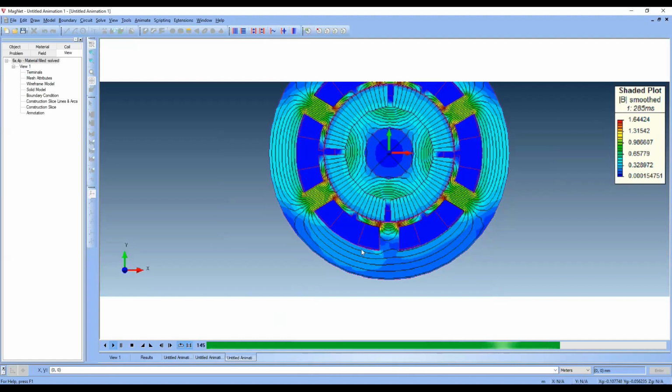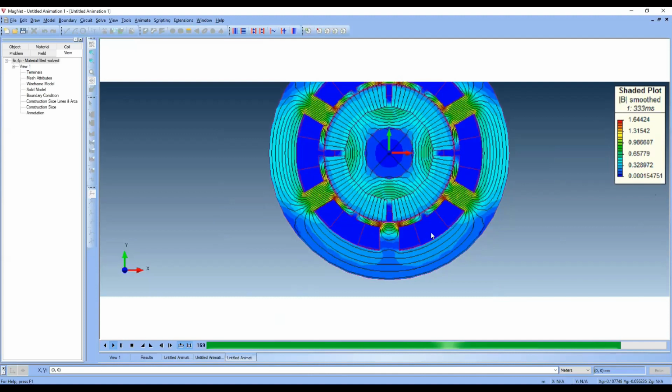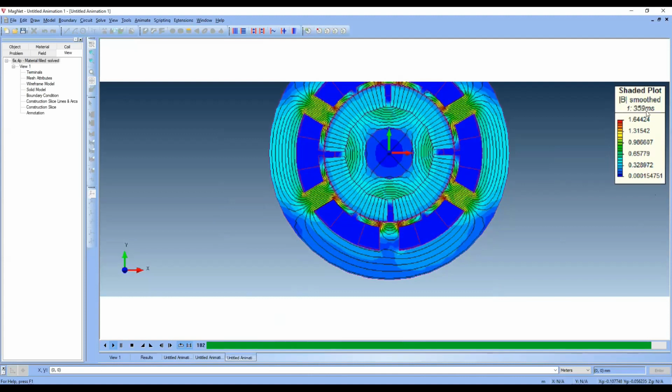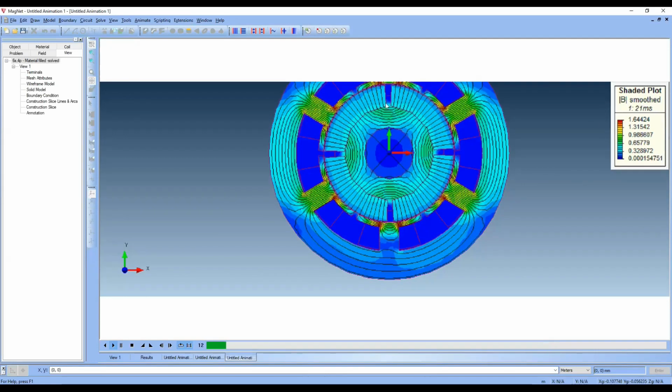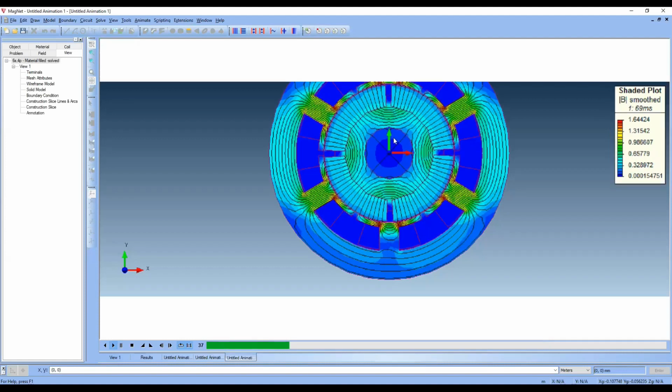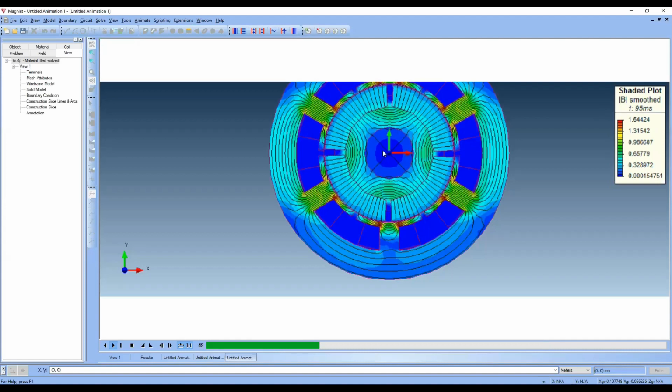This blue is being spread till here, which means the flux value is changing from here to here for 0 to 360 milliseconds. For the boundary conditions and constraints I have given, the flux patterns are changing. Here you can see the flux variation in your animation. So this type of analysis also you can explore.